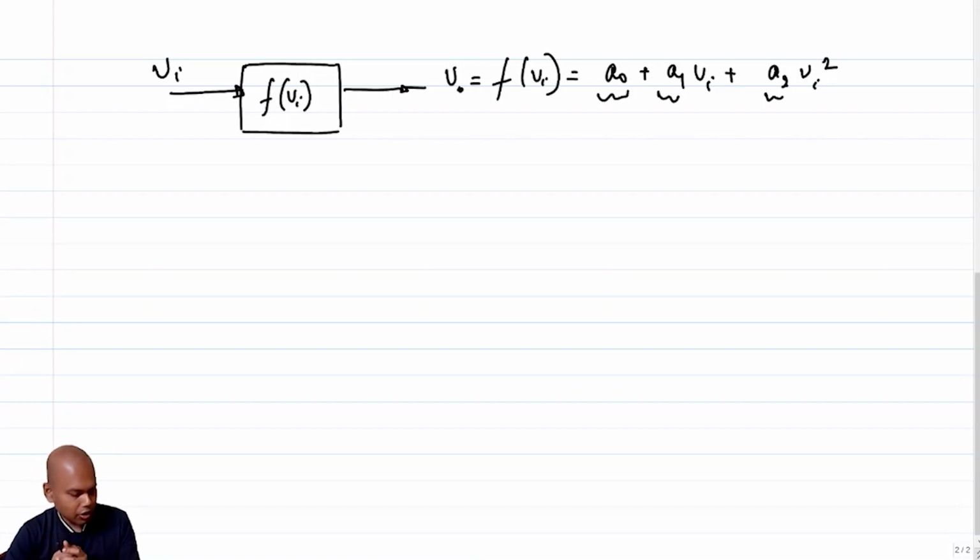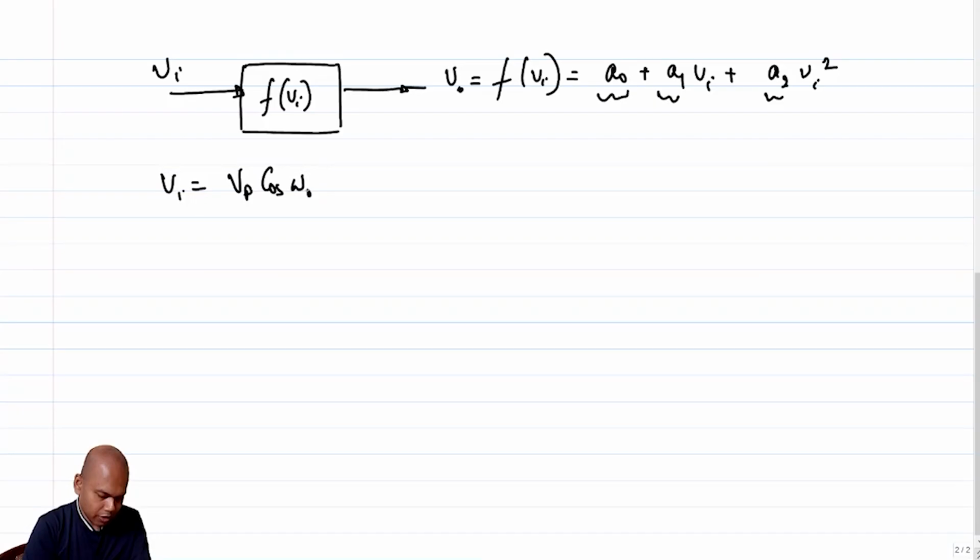And further, we saw that if Vi is A cosine omega naught t, and we pass this through a second order nonlinear system, the output has three components. It has a DC term,